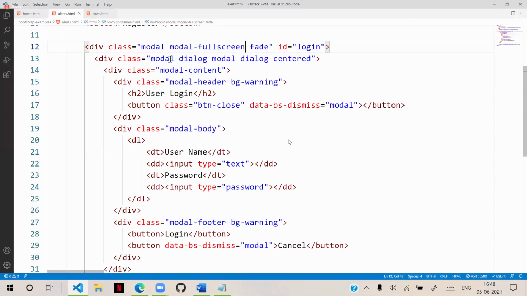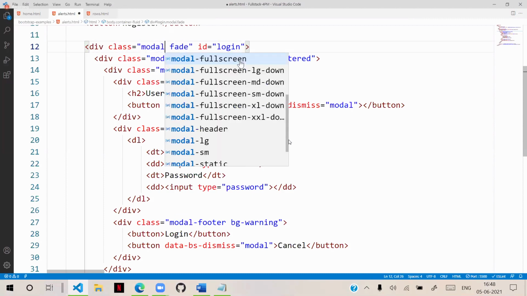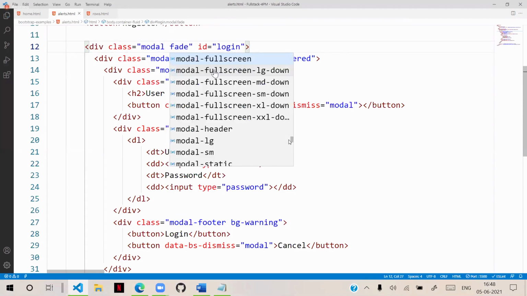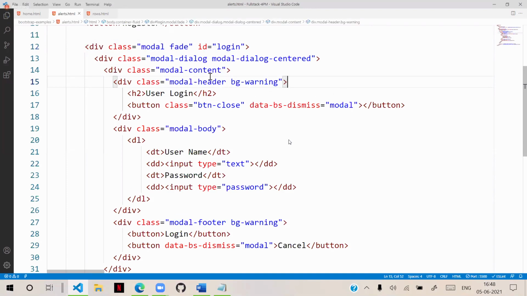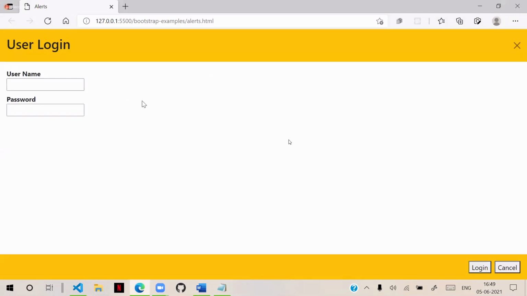That means here we have to define it in the modal dialog. Now this is modal-dialog-centered. I will use modal-fullscreen. That means it will give a full screen login. Complete screen it will occupy. All the contents will be behind it.